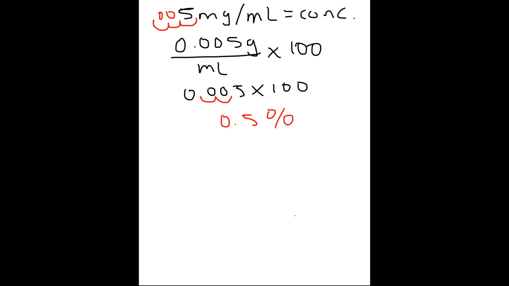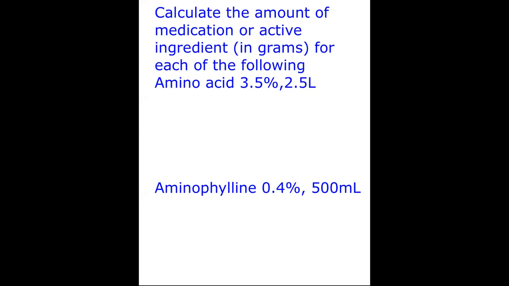Okay, let's do 2 more and then we'll cut this video. Let me see. So this one says, calculate the amount of medication or active ingredient in grams for each of the following. So this is problem number 15. And the other one is problem number 22. So let's do 15 first. So it says amino acid